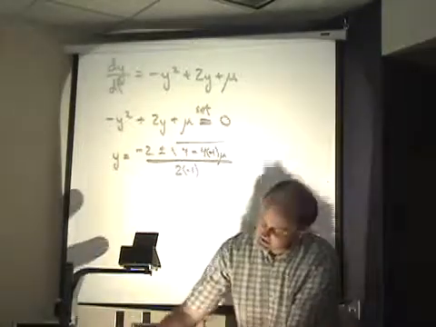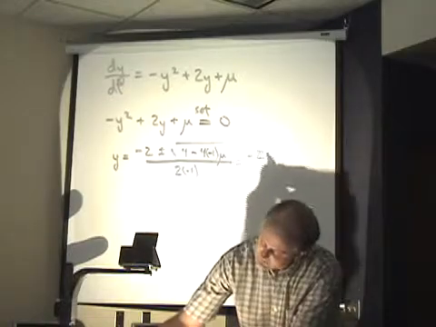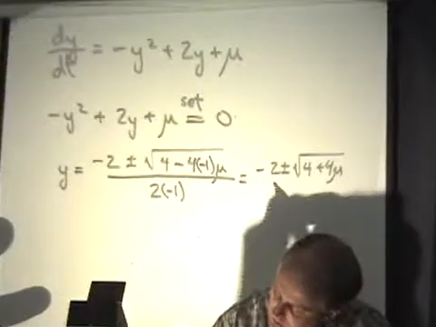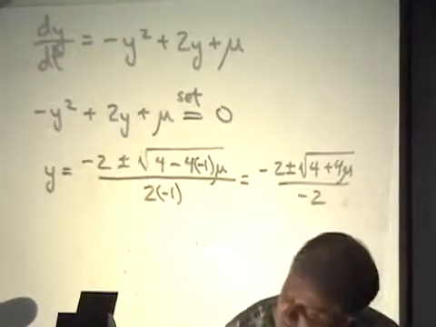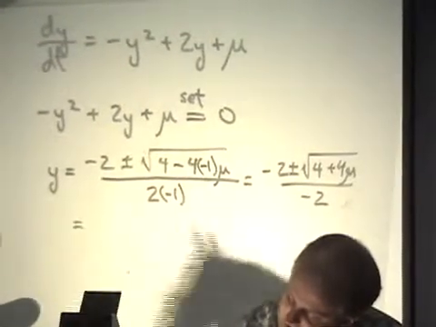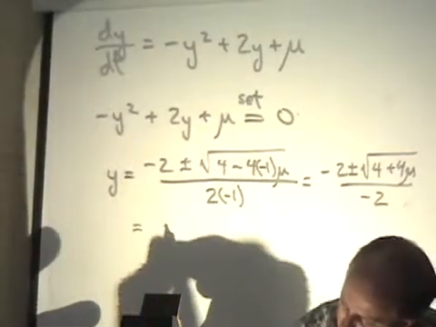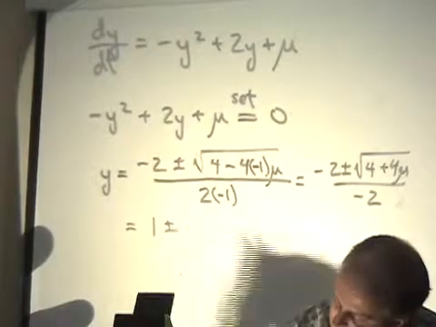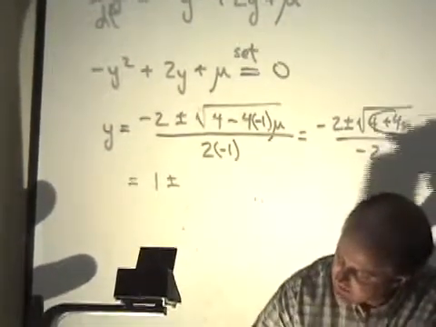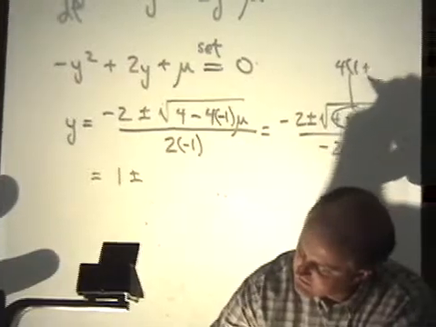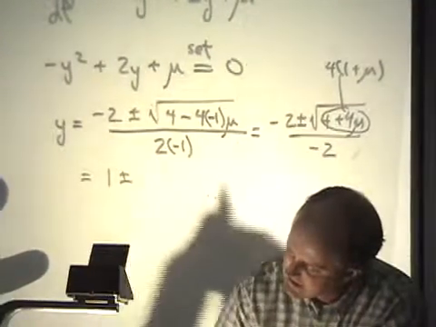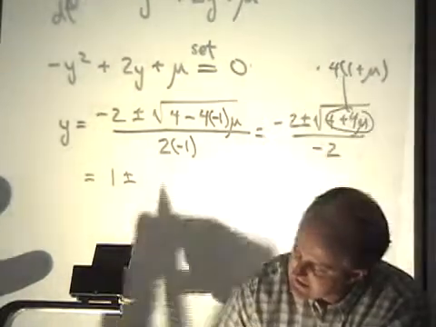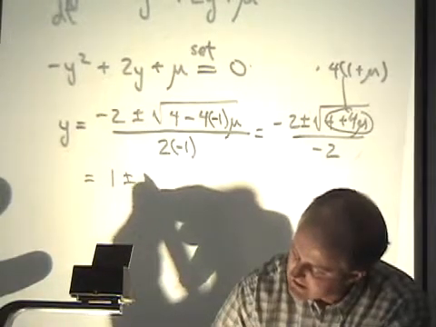Those are going to be your roots. Let's simplify it. Negative 2 plus or minus the square root of 4 plus 4 mu, over negative 2. And let's split this up. Negative 2 divided by negative 2 is positive 1, plus or minus, I could factor a 4 out of here. What I'm doing now is just cosmetic. It's not necessary. I've got the square root of that. I can take the square root of 4 out separately as a 2,